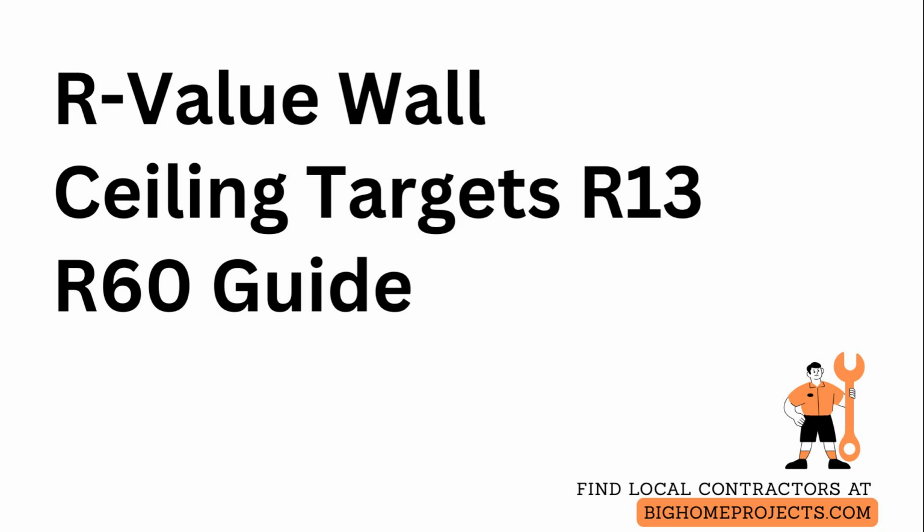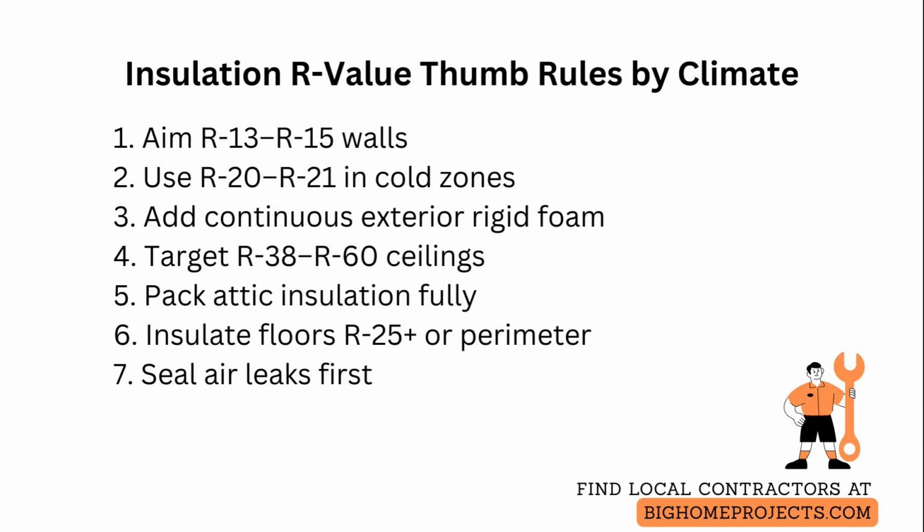Use a simple insulation R-value thumb rule to pick target R values for walls, ceilings, and floors based on your climate zone. For walls, aim for R13 to R15 in mild climates and R20 to R21 in colder climates. And choose continuous insulation or cavity plus blanket assemblies so you avoid thermal bridging. In practice, use bats or blown-in cellulose in cavities and add a rigid foam layer on the exterior when studs